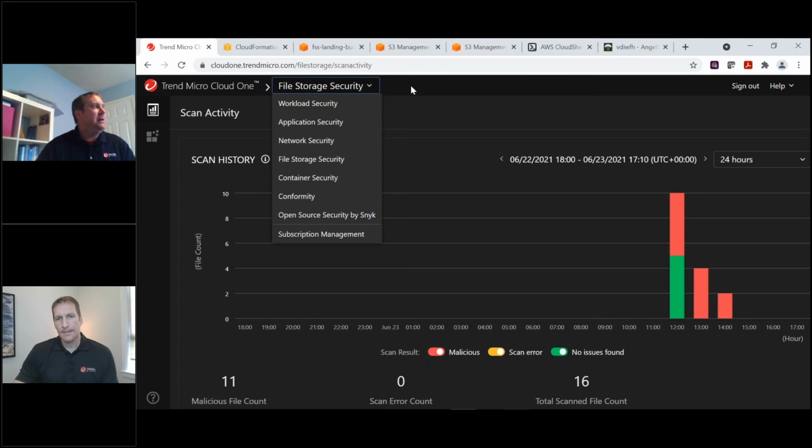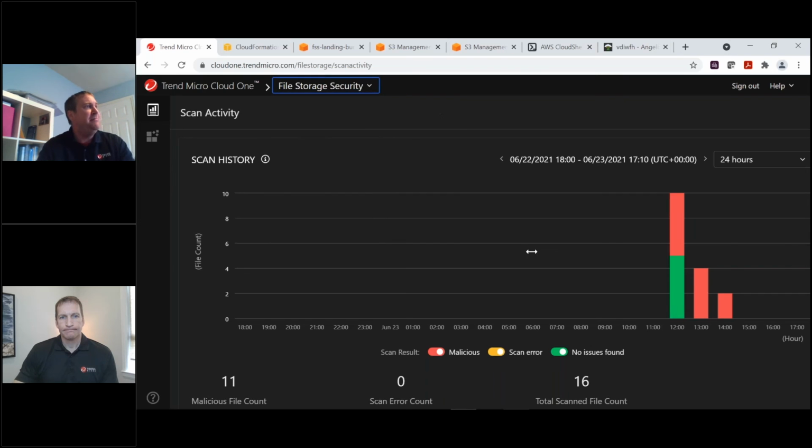Yeah, great question. We can provide some information on that, if he's curious, with docs on file integrity monitoring there. No problem. But yeah, when file storage security is in place,